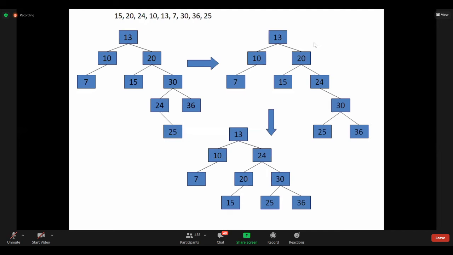That is my question. Yeah, we should go in the direction of insertion. I agree, because after adding 25, only then our tree became imbalanced. Where did I add? To 24 I added. That is the reason that particular structure we should consider.